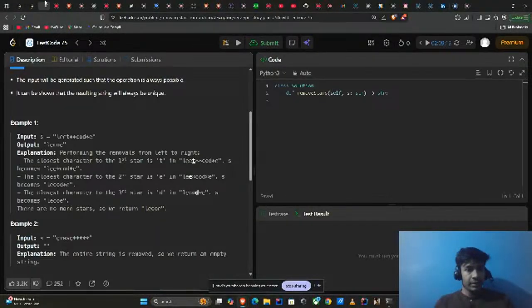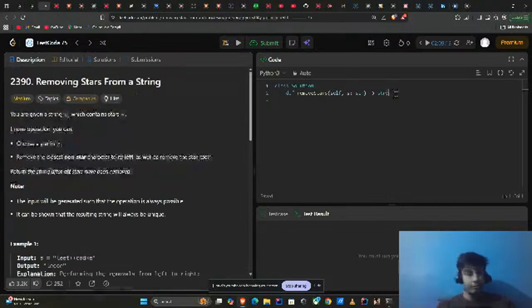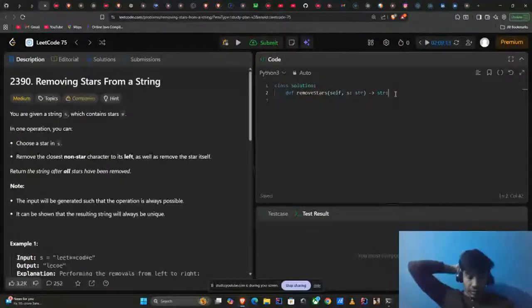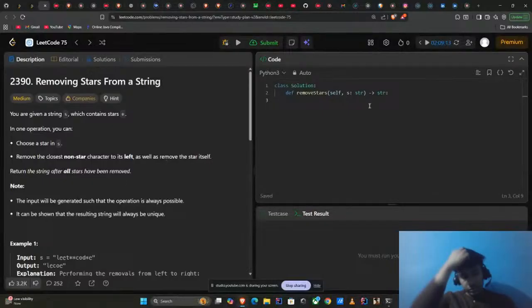Let's do LeetCode. You're given a string which contains stars. For each star, remove the closest non-star character to its left. Okay, so let's see. So let's take a